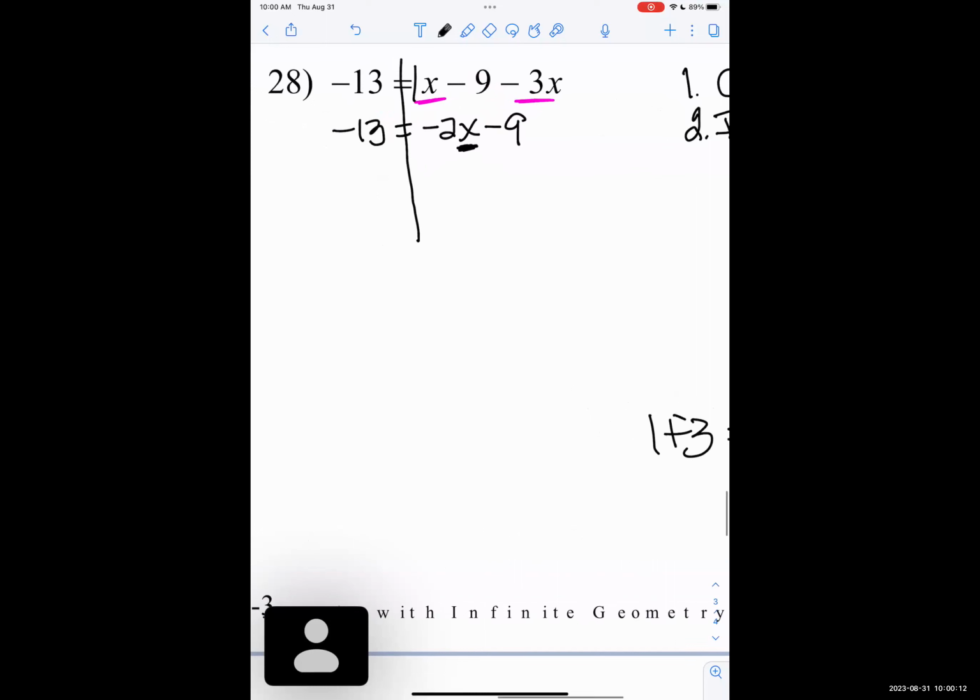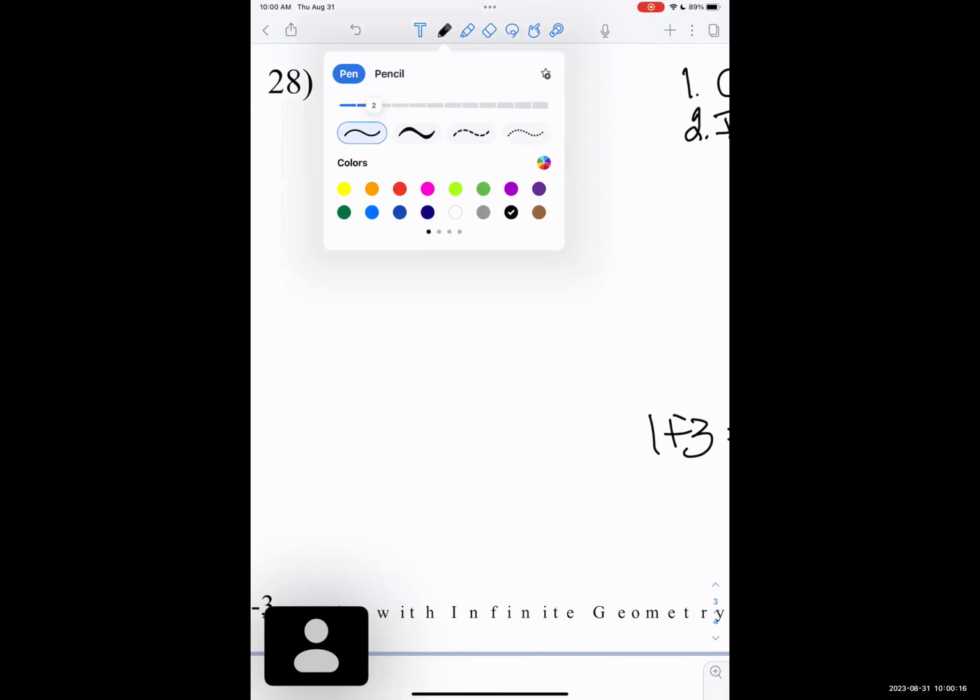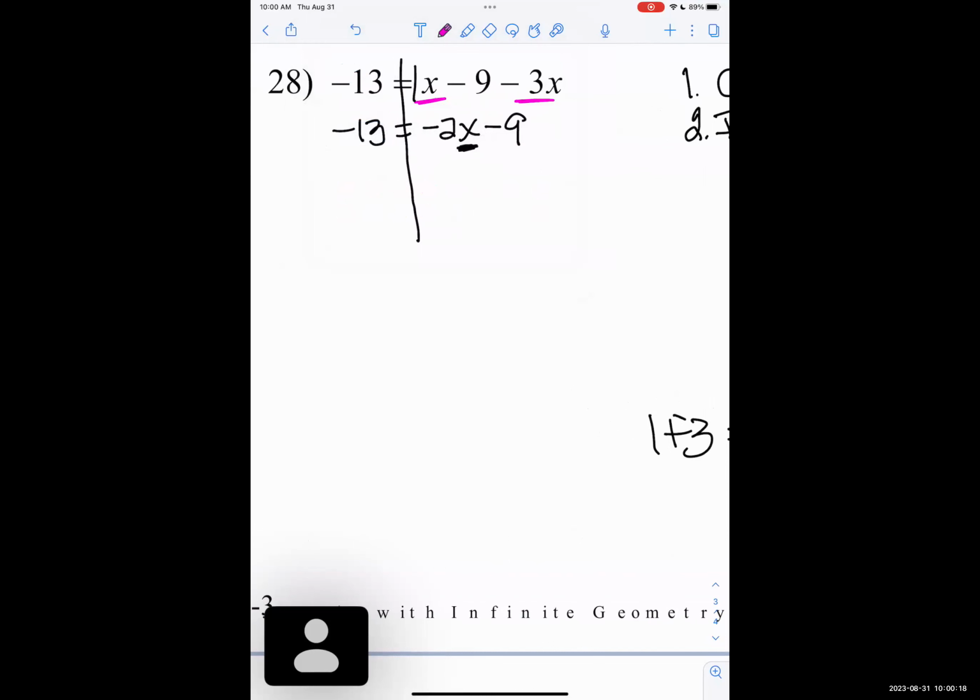Okay, we need to get rid of the -2 and the -9, starting with whatever is loosely attached. So I add 9 to both sides. -4 is equal to